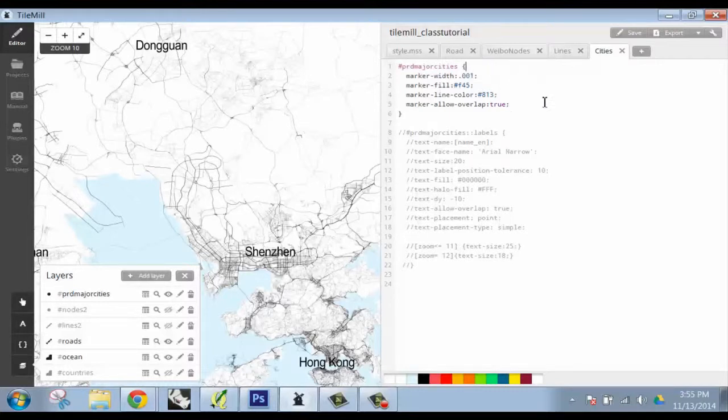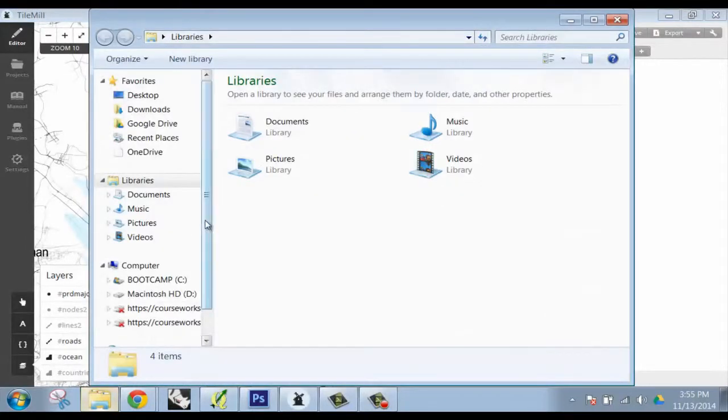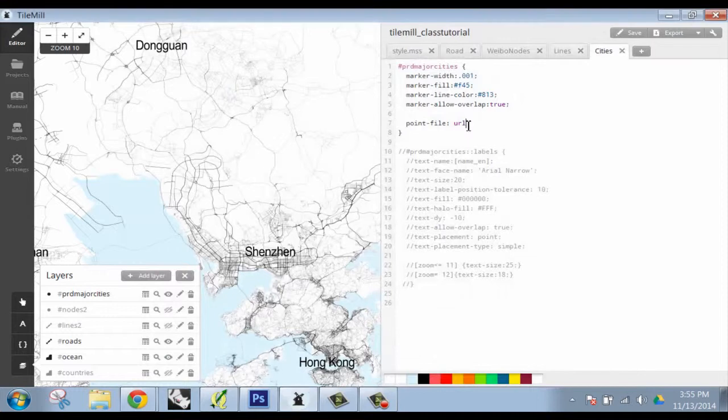So at the bottom here, within this line of information, I'm going to say point file, and we have URL. So this URL will basically be the Mapbox project folder that it created. I think I need to show you. And then the only thing that you're going to have to add is the name of the folder that you put it in, as well as the name of that file, .svg. Oops. All right, so if I save this,